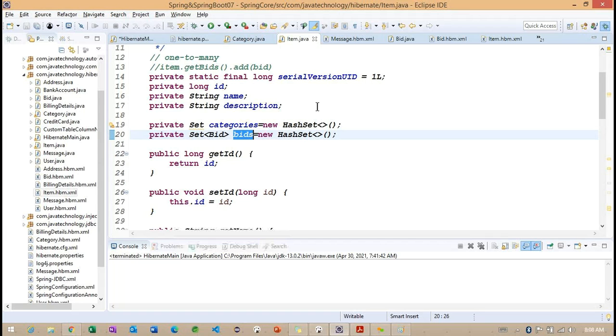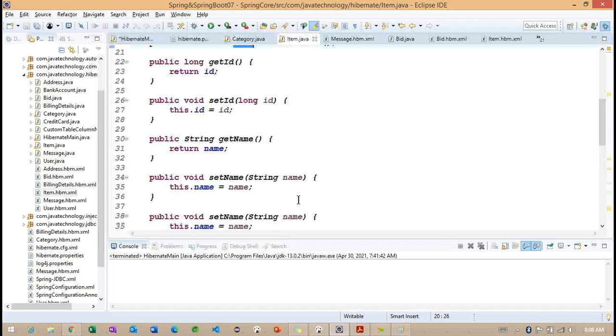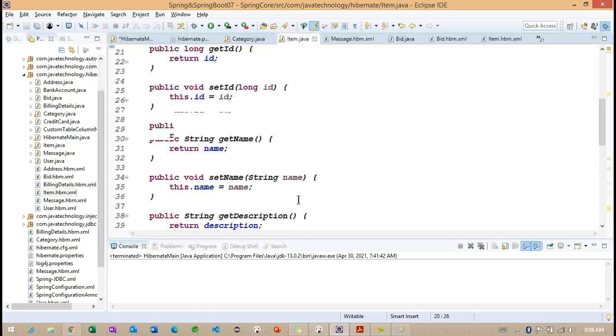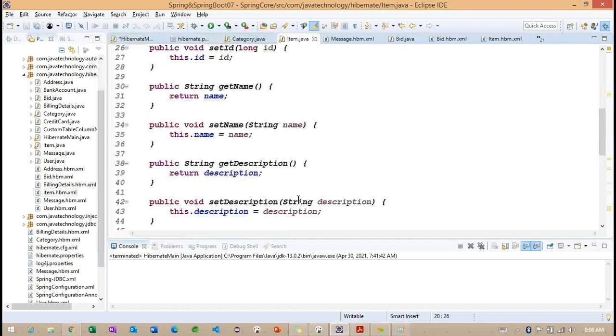Finally, we want to set objects. So first one, I want to make item.